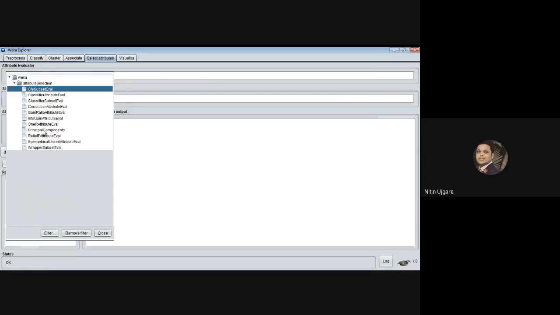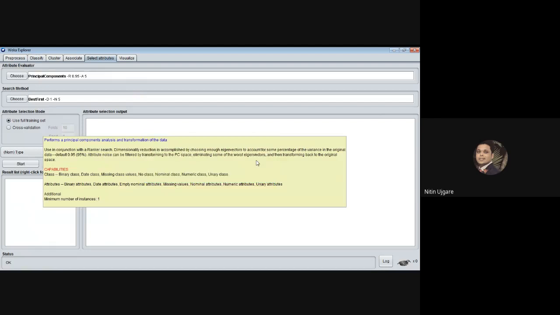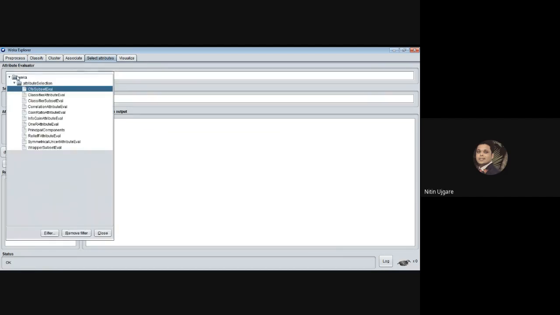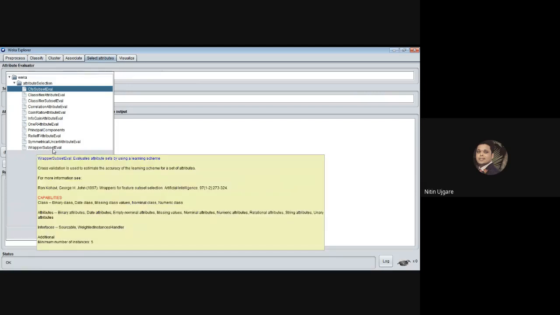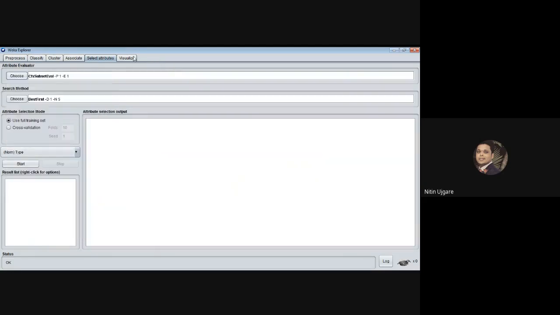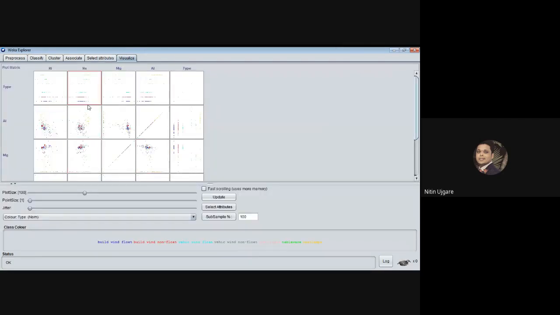In this you can find principal component analysis. Then you can have subset selection. As a part of subset selection, the wrapper method subset selection algorithm is also available here, and so on. And this tab is specifically used to see the correlation between the attributes. So if I want to see the correlation between the refractive index and the aluminum or magnesium, then I will simply click here. So the new window will open, where you can see this new window is visible to all.